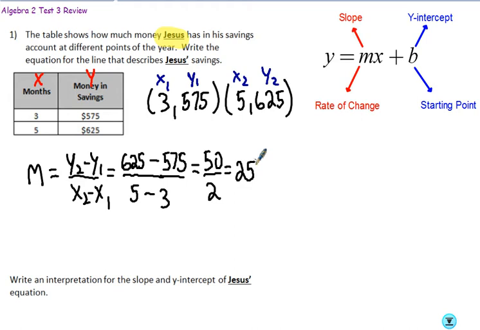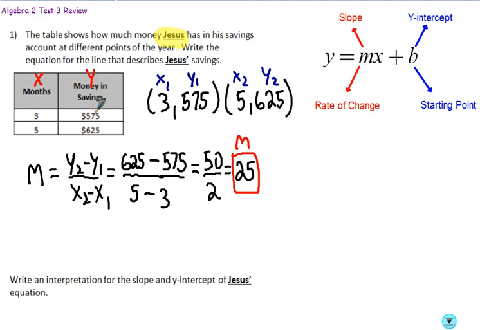So our slope on this one would be $25. So what that means is that he's saving $25 per month. So this represents our rate of change. Now what we don't know is, and we could kind of count backwards, right? 575, so that means in month 2 he would have had 550, right? We could kind of count backwards, but we want to figure out what he started with, what he opened up